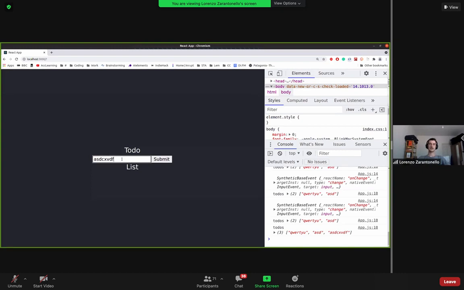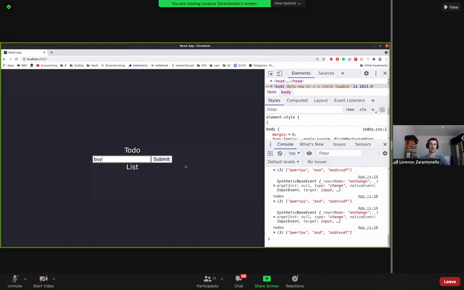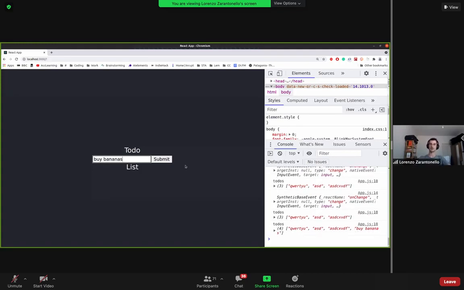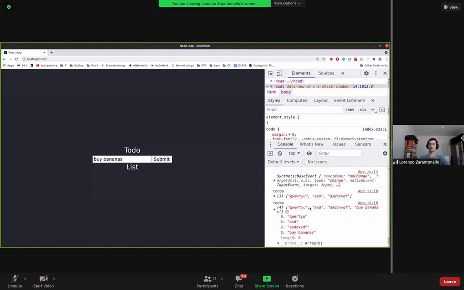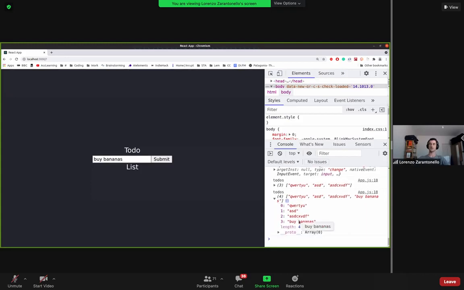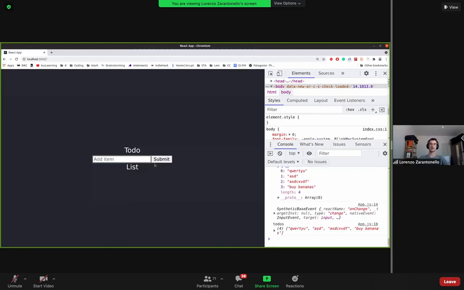what I don't like is that it's not nice to have strings staying here, because if I want to add more than one to-do item, then I need to cancel them and write it again. So I just submit it. You can see it in the string down here. Now we have 4 elements. But if I want to write something else, I need to cancel it manually. So this is not nice, and we can easily fix that by